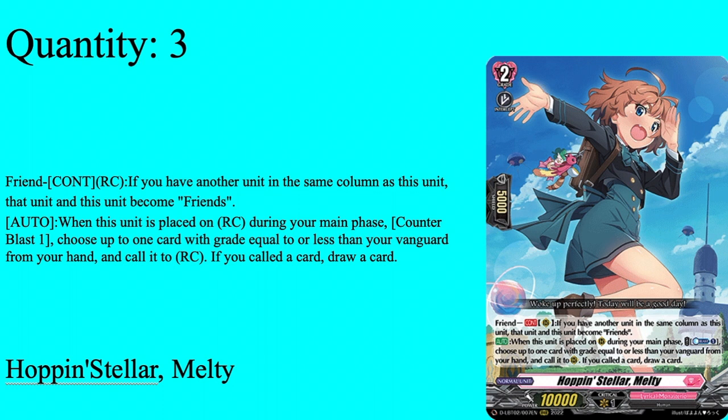Hop and Stellar Melty to be specific. Grade 2 normal, or sorry, not grade 2 normal order. Grade 2, 5k shield, 10k base. Friend continues rear guard circle. If you have another unit with the same card name, she and that unit become friends. And then auto, when she's placed on rear guard circle during your main phase,